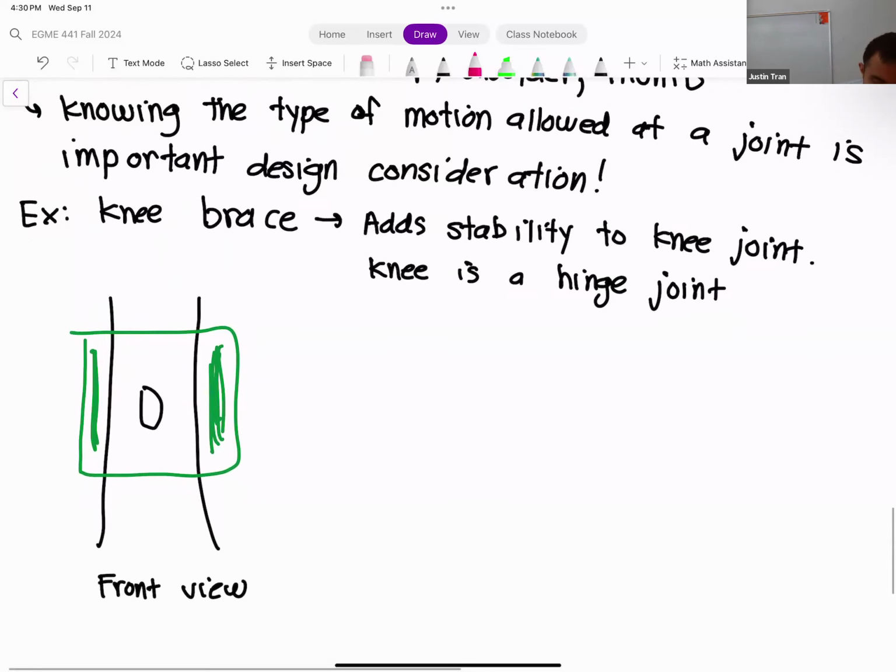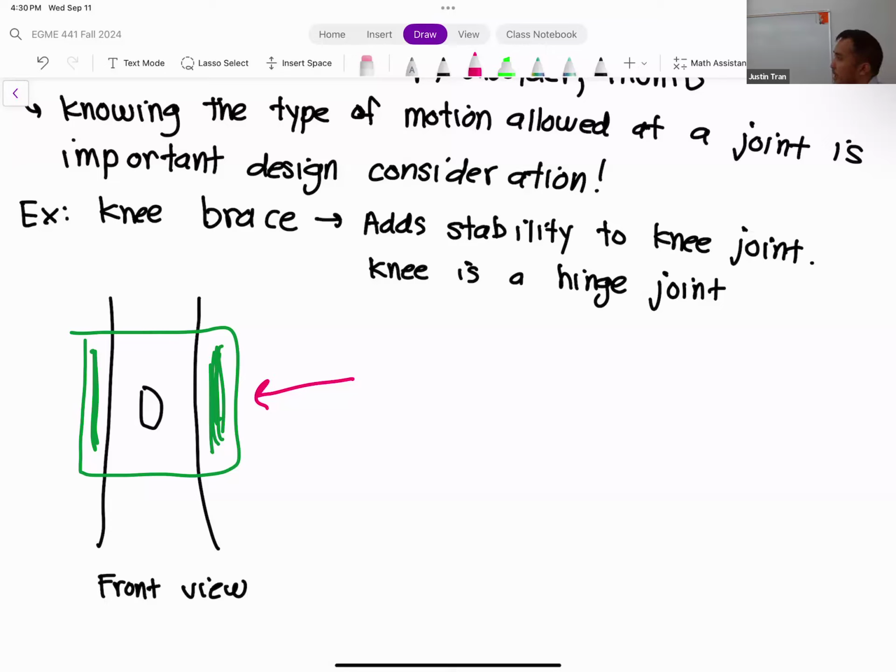You're going to sustain loads in directions that the knee's not really designed for. So if someone tackles you from the side, if your knee bends the wrong way, you're going to sprain your knee and get injured. To prevent that, the knee brace is there to add stability and either attenuate the load, absorb the load, or